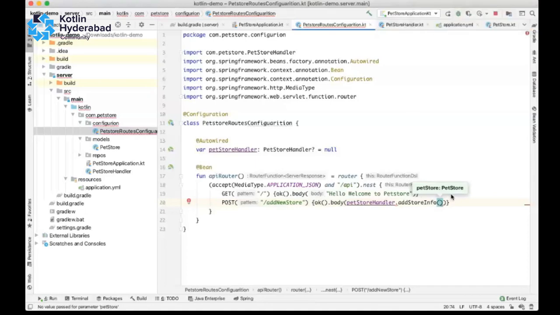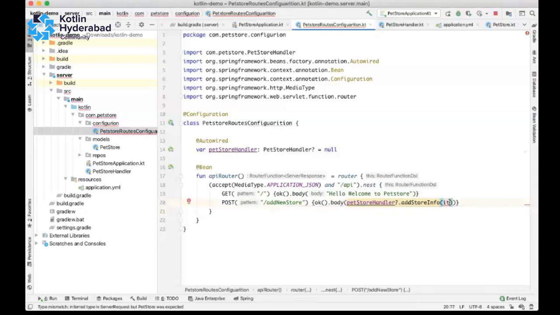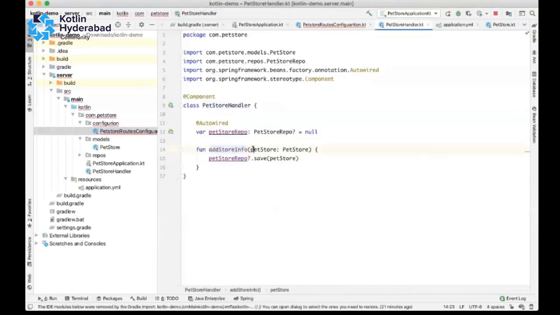You don't need to worry about that. We have the object injected by default by Kotlin. So we can use that here. Yes, actually it will be a server request. From that we can get a body. I'll change this to server request.